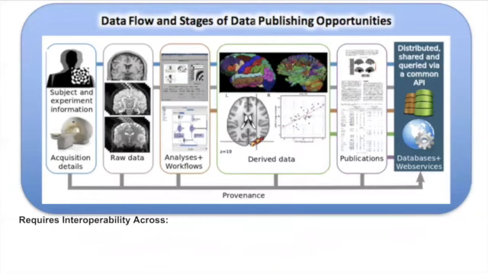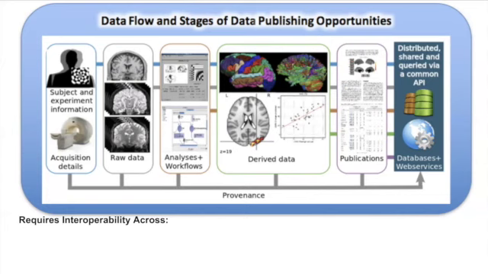So if we talk about re-executability, we remind ourselves that we're working in a very complex space. Data flows through many stages of analysis and operations, and again, each of these becomes a publication opportunity. So instead of just taking our end publication, there are a lot of features along the way that should be pertinent for documenting the research object, the thing that you as a researcher have done and should get credit for, and should be able to independently derive and get credit for and share and reuse in meaningful ways.